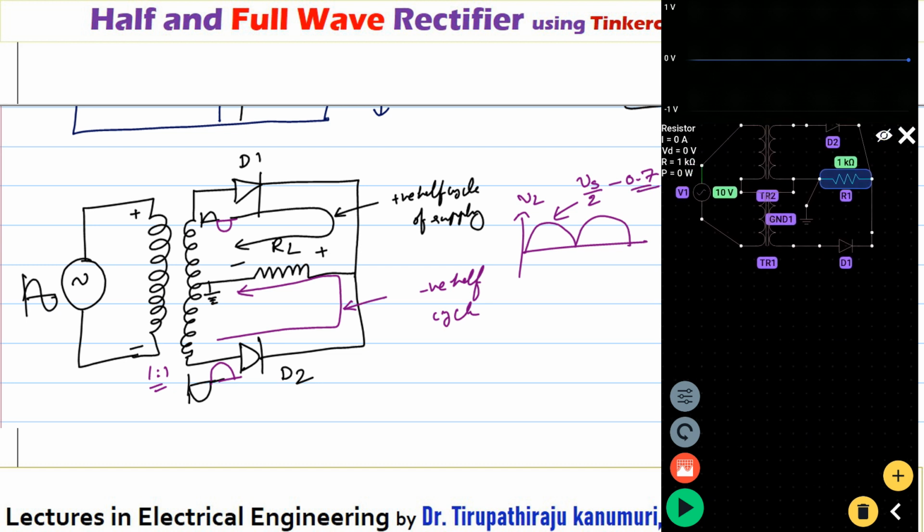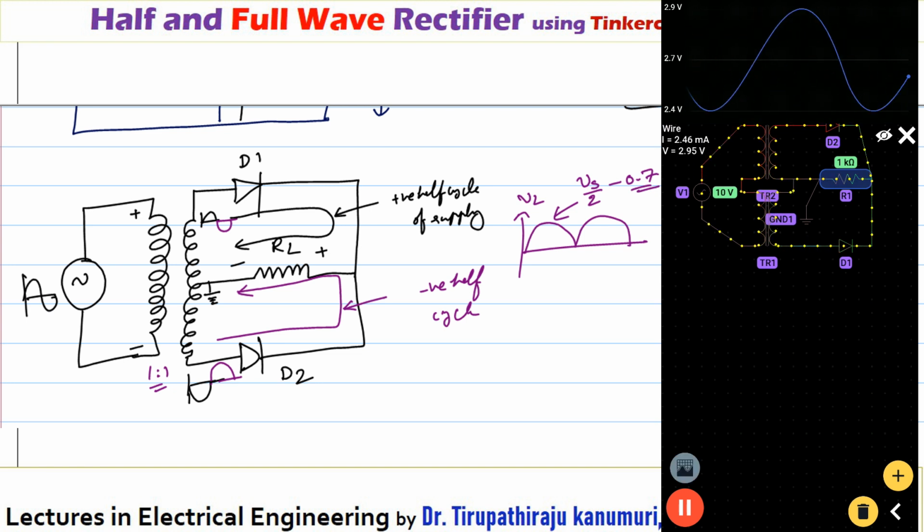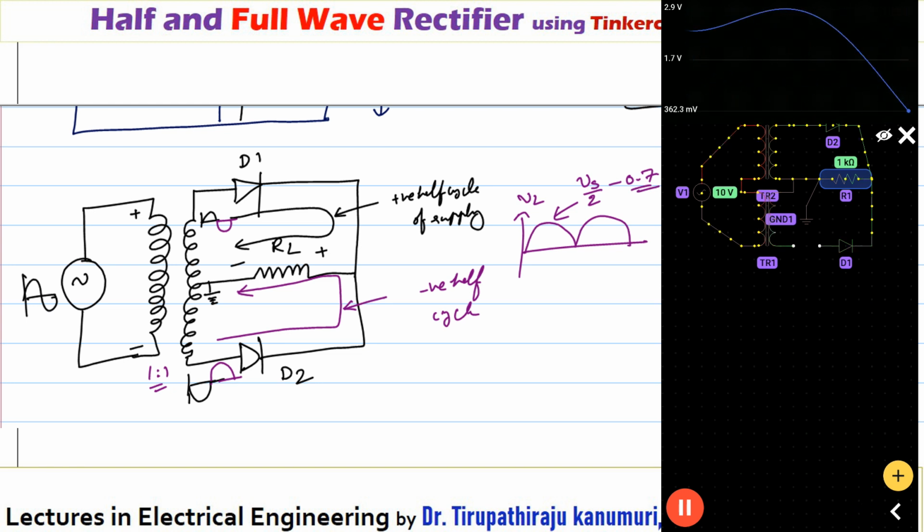So I can adjust my circuit accordingly. The output waveform is coming. You can see the waveform started. You can see it is coming as a full wave waveform. In that way, we can prove that it is converting, and the full wave is coming at your output. Similarly, I can measure the voltage across any other element also.